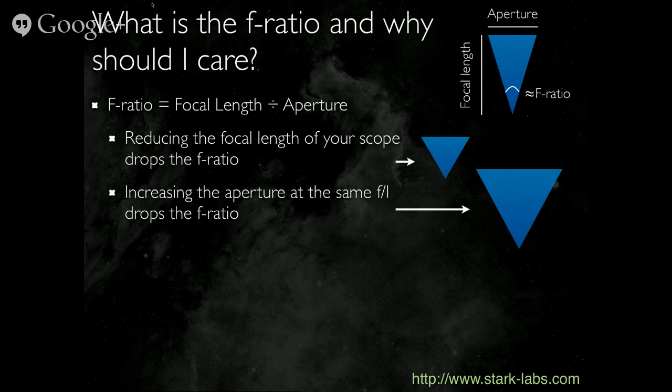If I keep the same height of that, but instead I stretch the aperture, I increase the aperture, again we get that same squat triangle. And that squatness of that triangle is really saying how wide of a swath of sky either my entire sensor or every single individual pixel is covering. That's what's so cool about the F ratio here. It's describing really the field of view, the width of the sky, that angle that you're actually getting each pixel to cover. And that's why changing that means that you're going to be getting more signal coming into it,